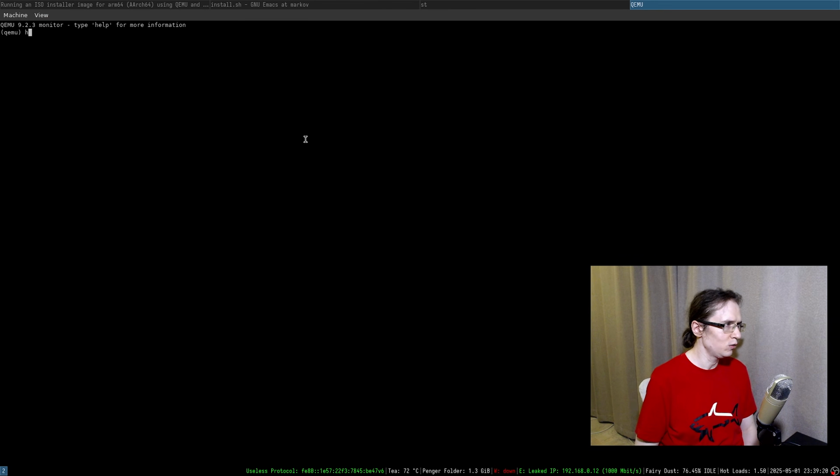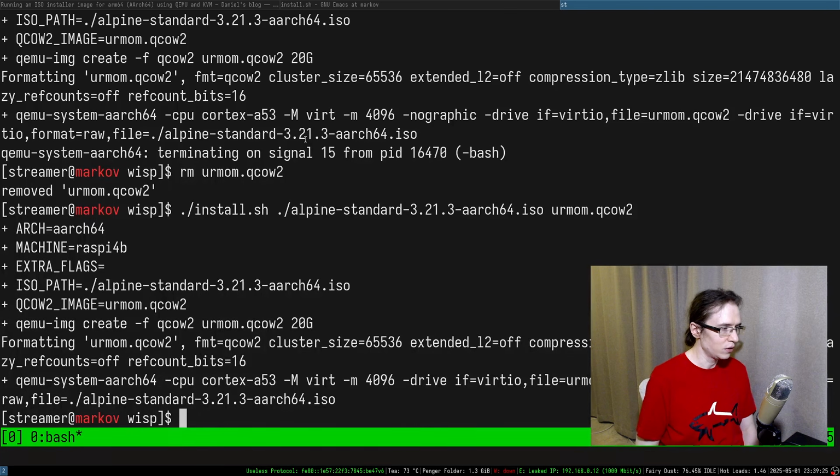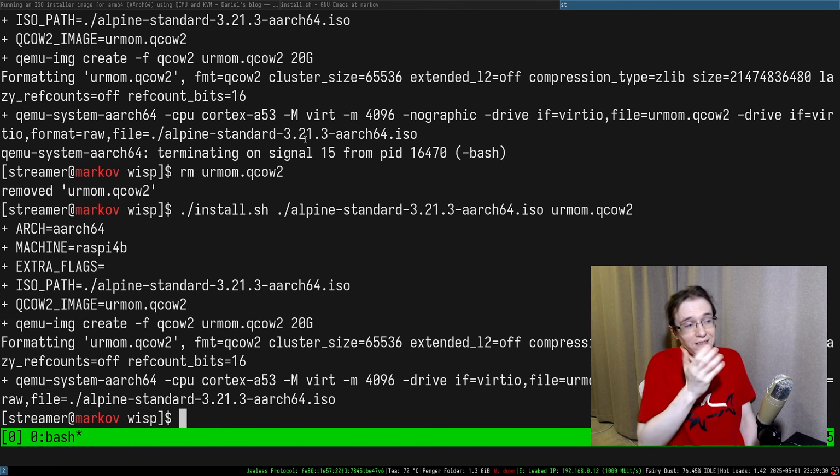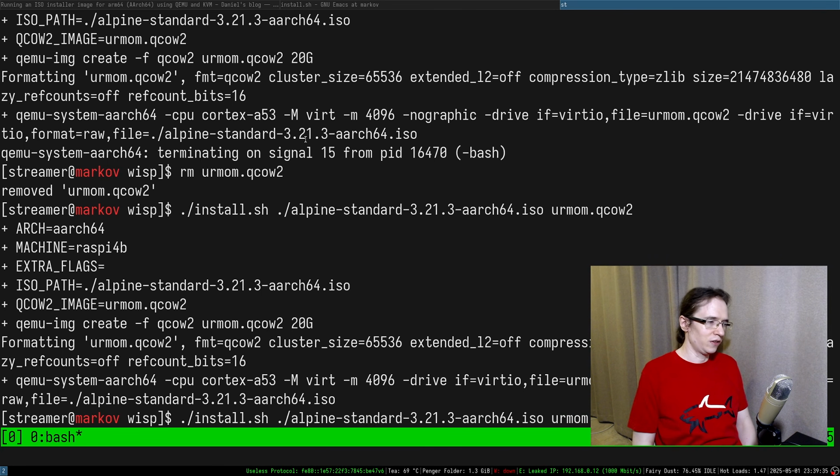But yeah, I can do help, and there are a lot of things in here. Can I quit the whole thing? So we managed to quit. It doesn't really do anything, because it probably needs EFI. Control Alt Plus didn't work.